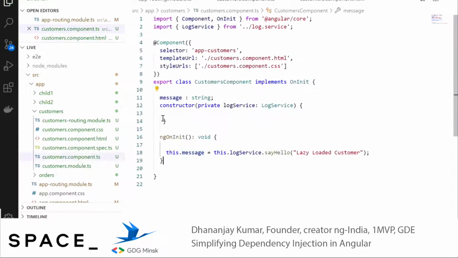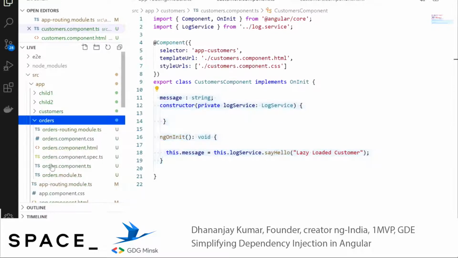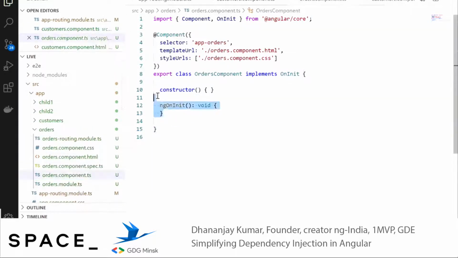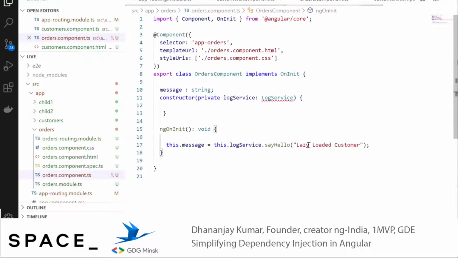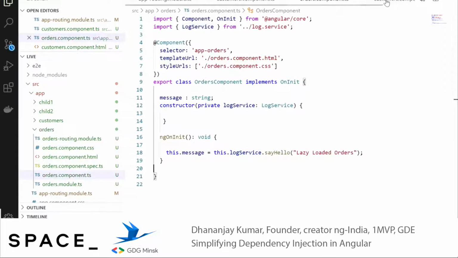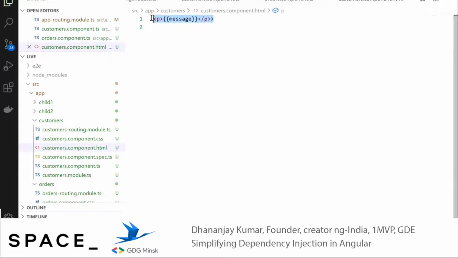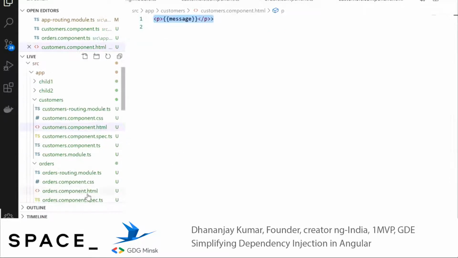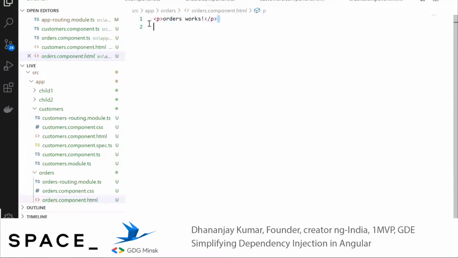Then take the same code and go to the orders component.ts and put it here, and here we'll say lazy loaded orders, and here is the log service. Then the same message we want to put in the orders HTML as well. So now we are using the log service in the lazy loaded modules.